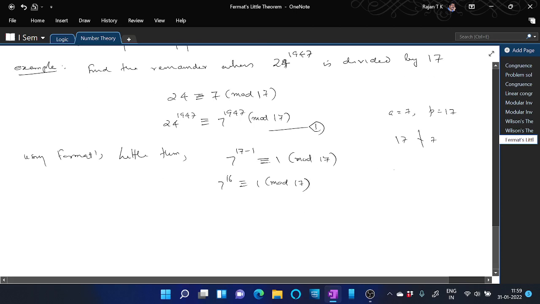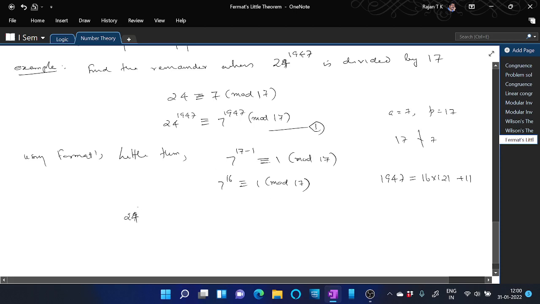Now this 1947, by using the division algorithm, you can write as 16 into 121 plus 11 on division by 16. So 1947 you can write as 16 into 121 plus 11. Therefore, using 1,